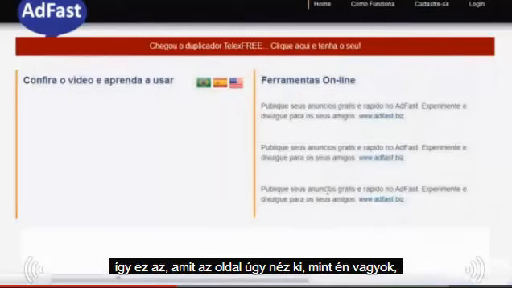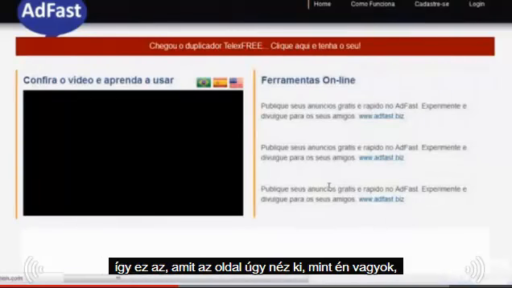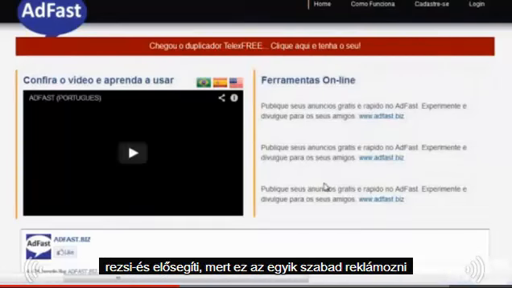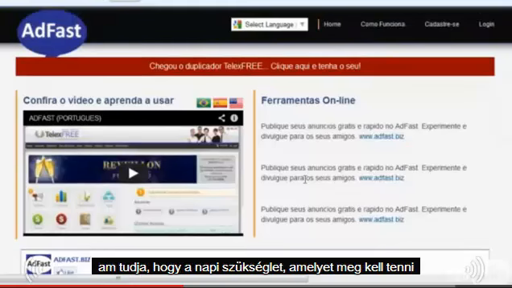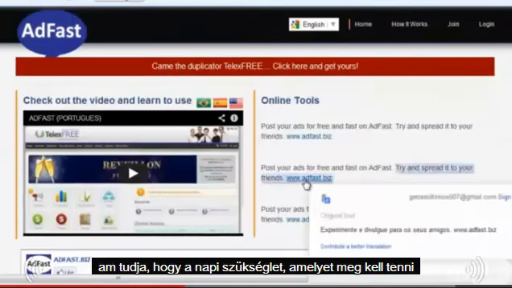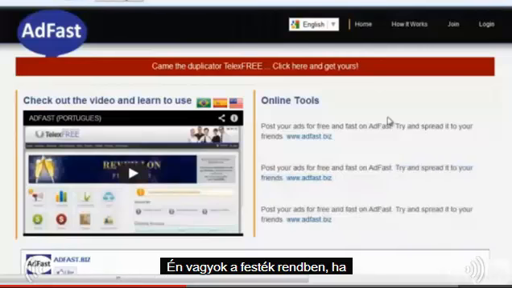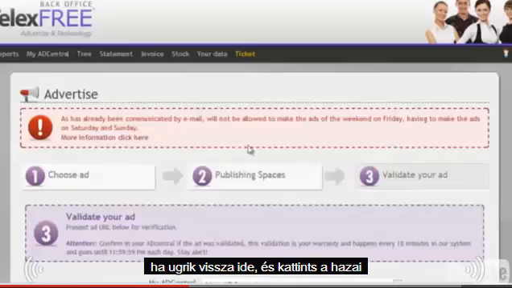So this is what the page looks like over at adfast.biz. This is one of the free advertisement sites where you can place your ads and basically get your daily requirement that needs to be done for the day. All right, if we jump back here and we click on home,